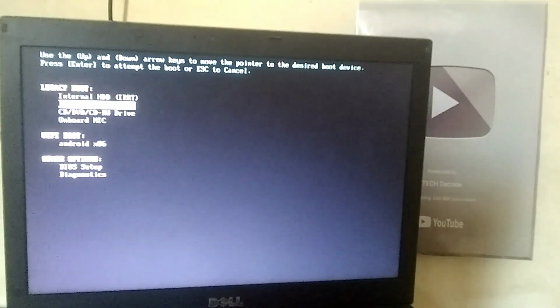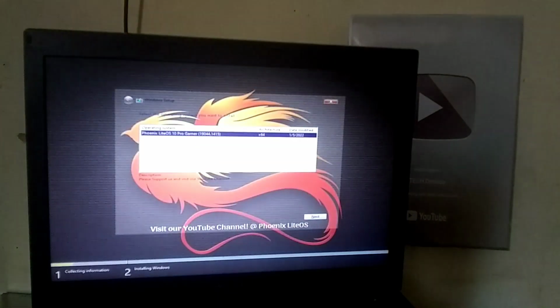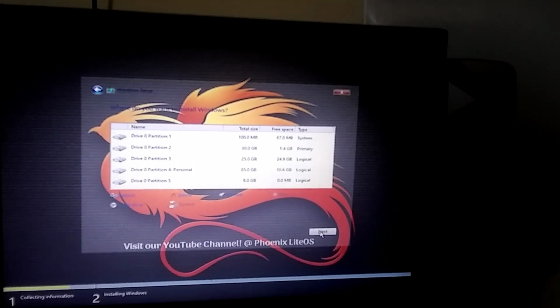After restarting the PC, you need to access your PC boot menu and boot from your USB drive. Once your USB drive boots up, you'll see a loading screen, and after that, you'll land directly on the setup page. On this page, this option will already be selected, and you just need to click on this button. After that, you need to choose the partition. If you want to install this OS with the previous Windows, then you need to install this OS in a